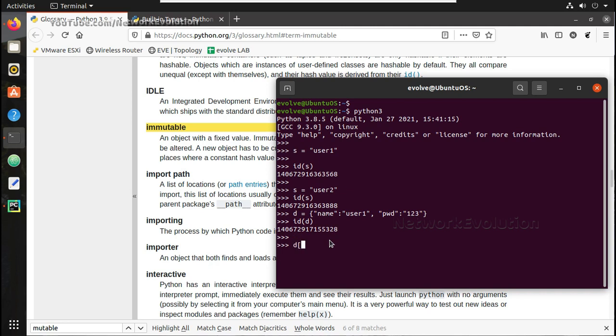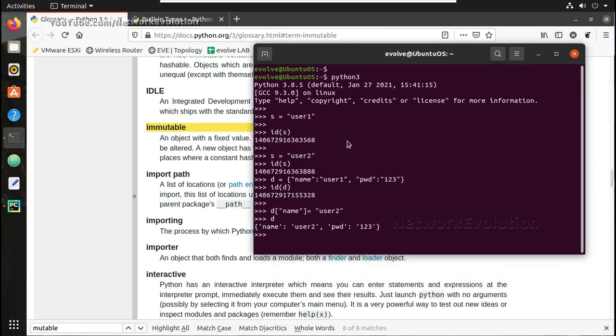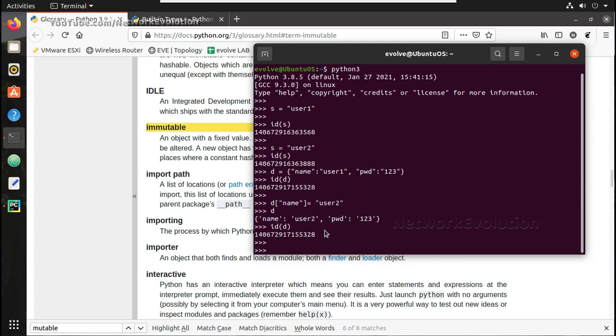So name I'll change to user2. And if you print, you can see it has updated the content. Now let me just print the ID. You can see the ID still remains the same.